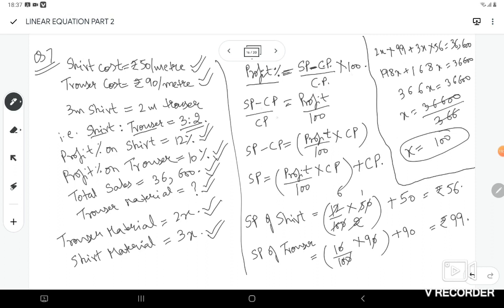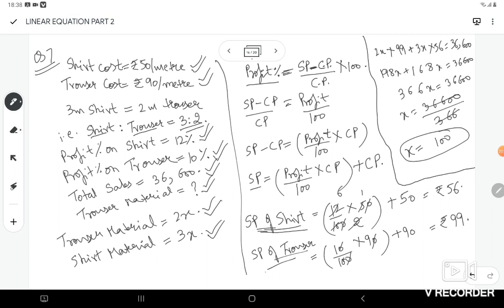So on transpositioning, we are going to solve the selling price of both the shirt as well as the trouser on which the profit is given. On solving it, we get selling price is equal to profit divided by 100 multiplied by cost price plus cost price. So first of all, solving the selling price of the shirt, we get the selling price as